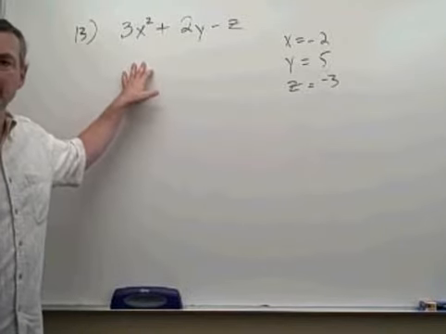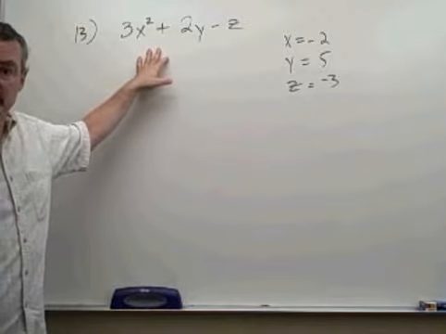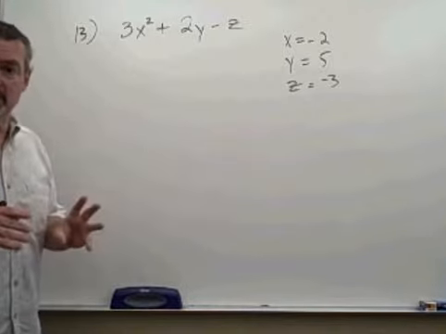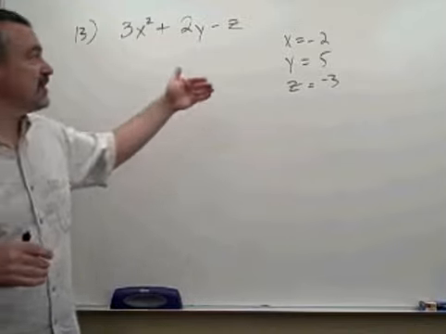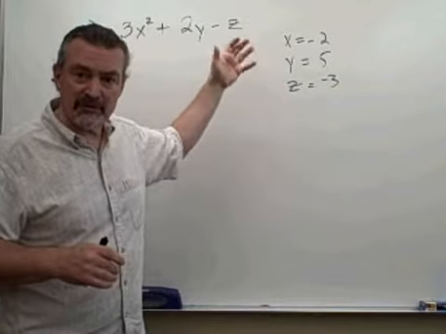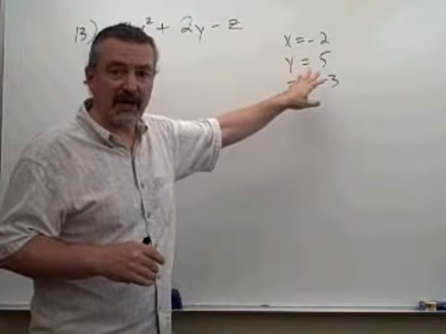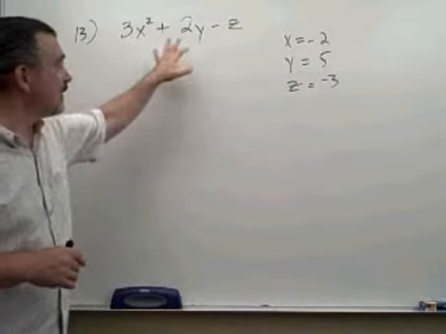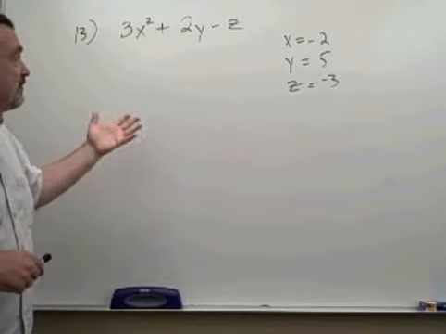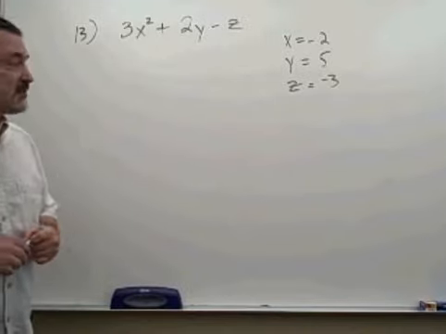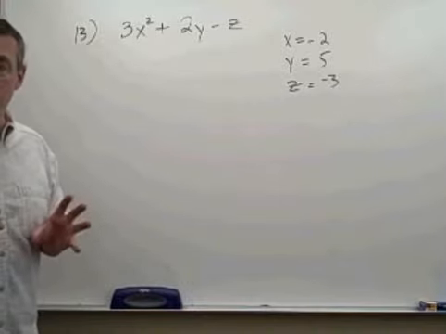Problem 13 from page 2 of your review sheet is another example of an algebraic expression. But in this case, we want to evaluate this algebraic expression given these values for the variables x, y, and z. If x is -2, if y is 5, if z is -3, then what value does that expression have? In evaluating algebraic expressions at given values of the variable, the first thing we do is we substitute those values